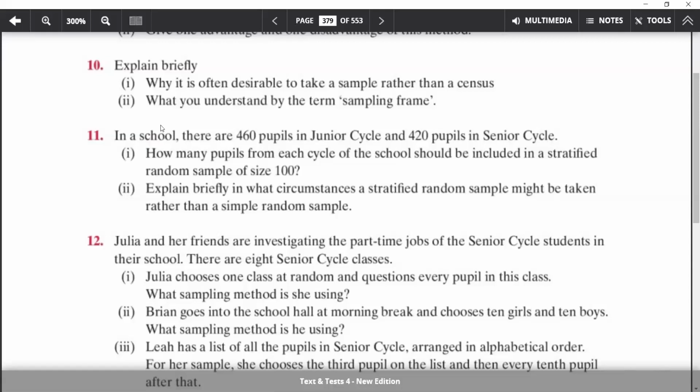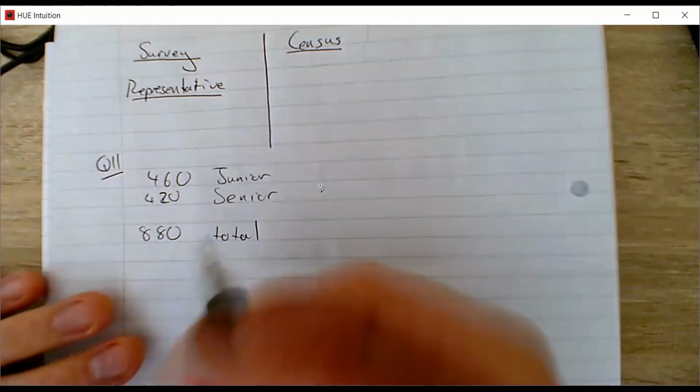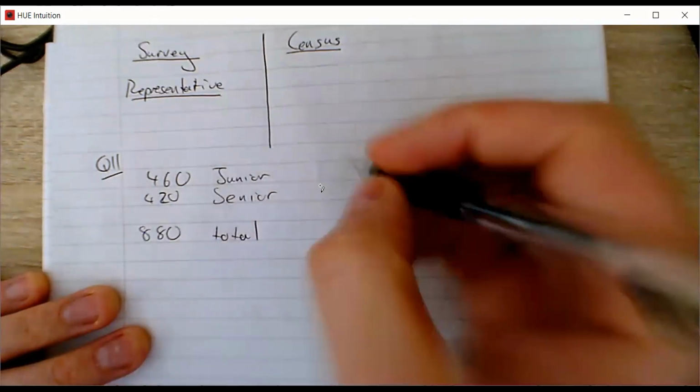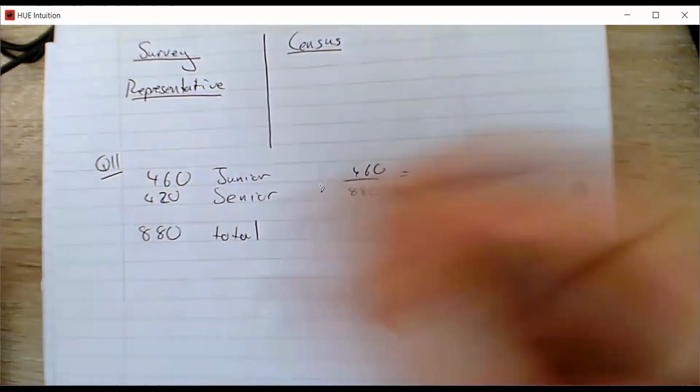Question 11 here. In a school, if there's 460 pupils in junior cycle, 420 in senior cycle, how many pupils from each cycle in the school should be included in a stratified random sample of size 100? So finally, we've got a calculation to do. We've got 460 junior students, 420 senior, which is 880 students in total. Well, 460 out of 880 junior students represents